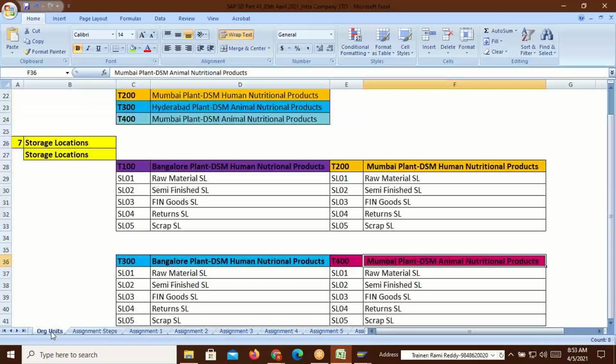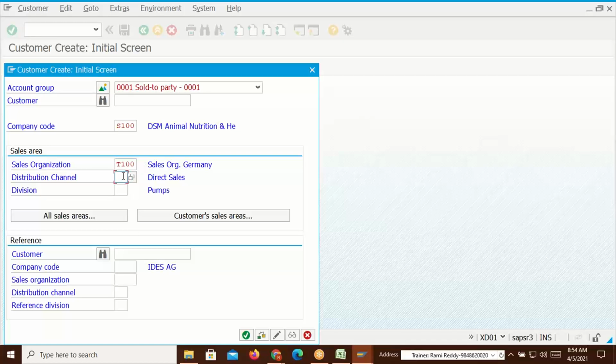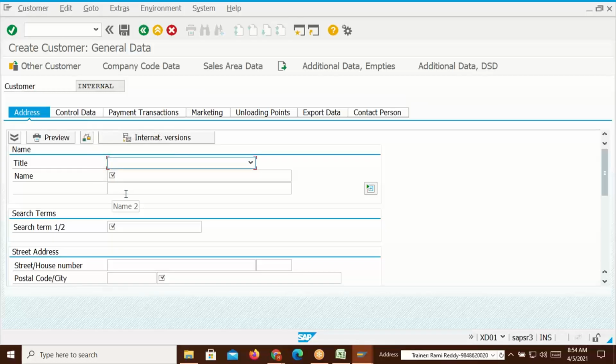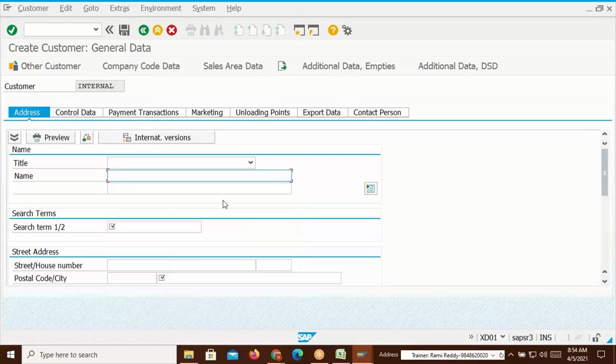Go here, organizational units, T100, right. So distribution channel also D1. Somebody created, we used it. Division also D1. Click on enter. You got it. You go here. So I'll say matrix. Okay, I'll put this guys, see here, I am going to put CUS, customer,